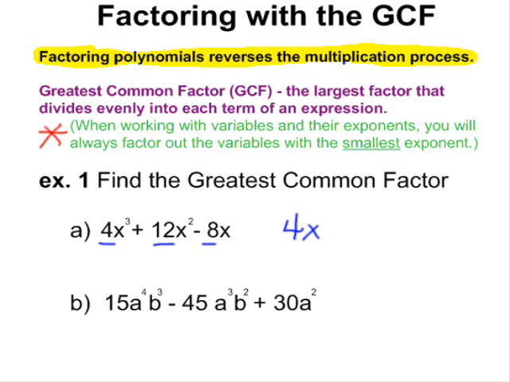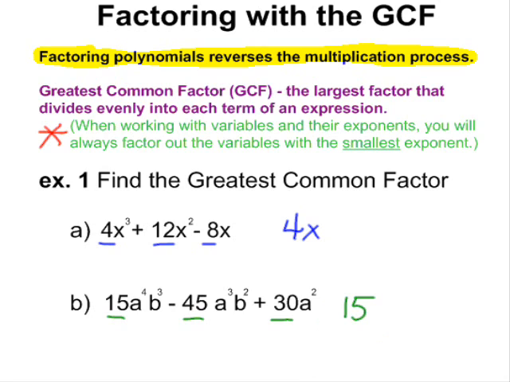For example 1b, we look at our coefficients first, and we see that we've got 15, 45, and 30. There are several numbers that can go into those three, but we are looking for the largest, and the largest number that factors into those three is the number 15. Now, all three of these terms have variables. All three of them have an a, but only two of them have a b. We see that we've got a b cubed and a b squared here,